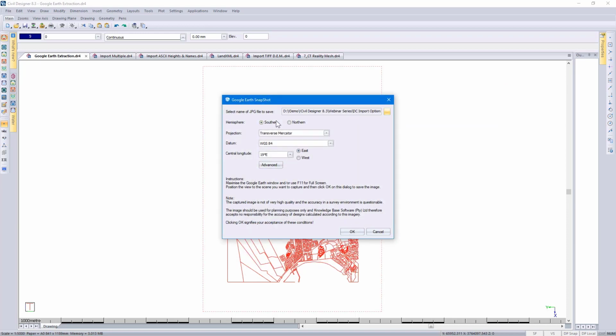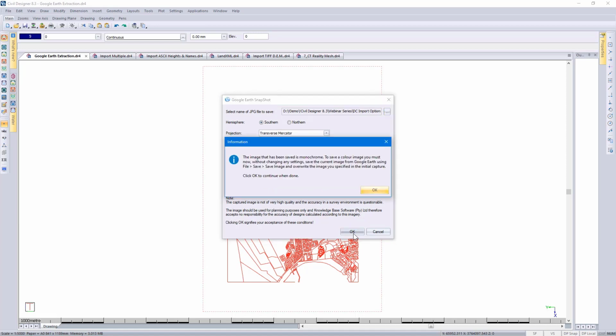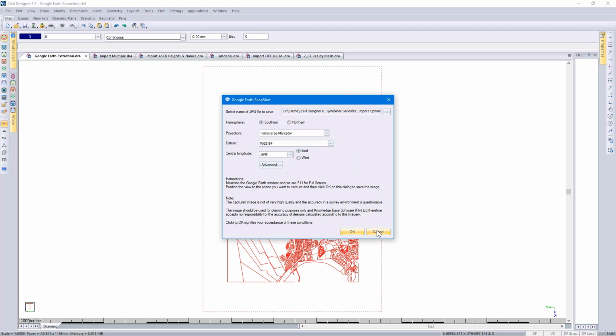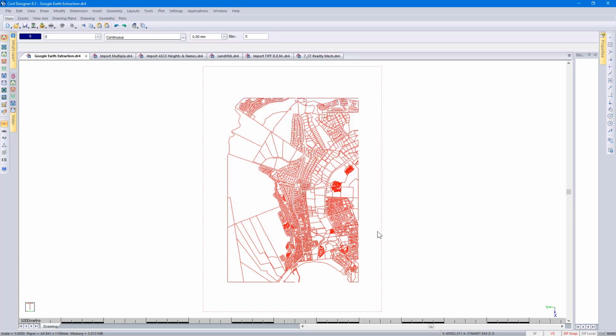My projection settings is set up correctly. Click on OK. It will then take a snapshot of what is viewed in Google Earth. It will save it as monochrome, but you also have the option of saving it as a color image, which I'll do for you. Clicking on cancel. And then if you want to save it as a color image,